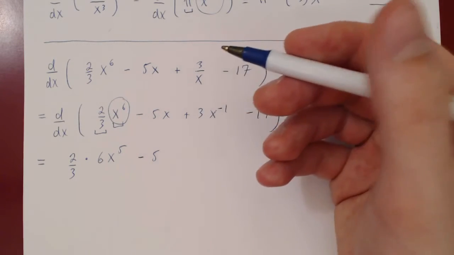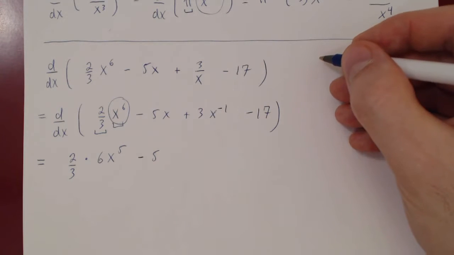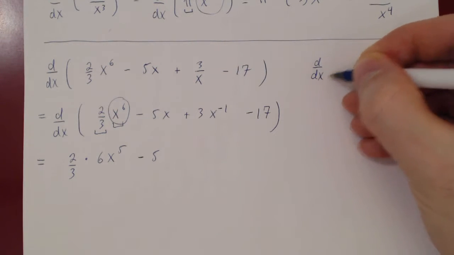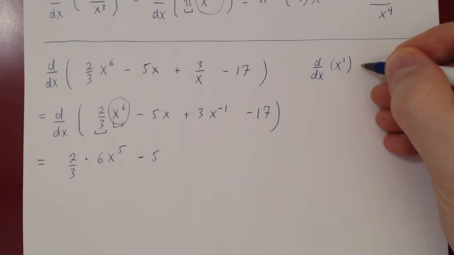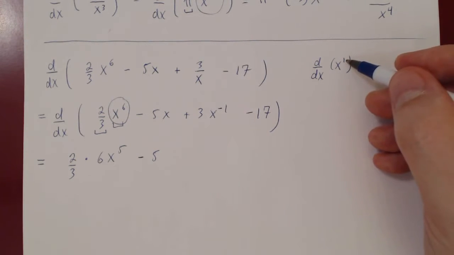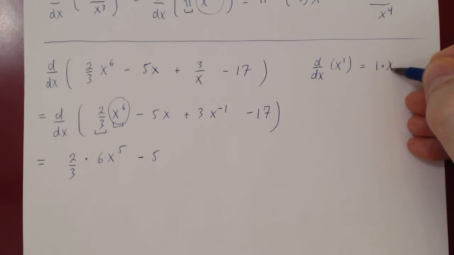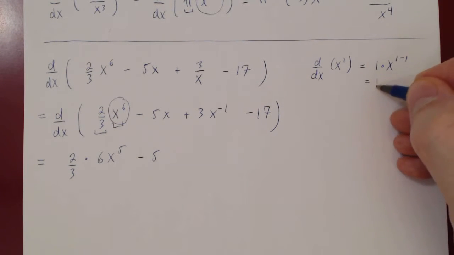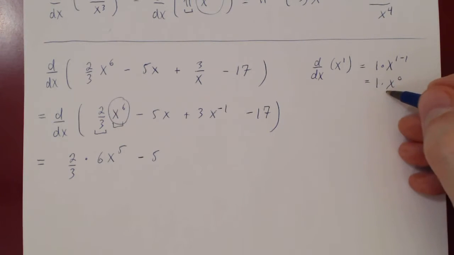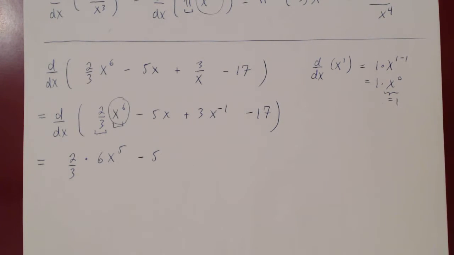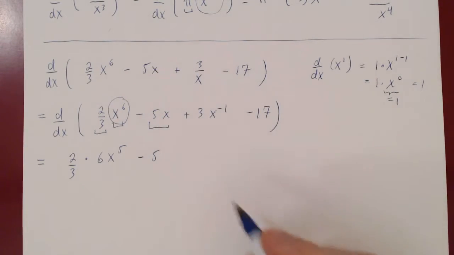If you think of it, you can think of it in two ways. If you think of the power rule, d over dx of x is x to the 1, well, you bring the power down, so you bring 1 down times x to the 1 minus 1, but that's just 1 times x to the 0, and x to the 0 is equal to 1. So all you have is 1 times 1, which is 1. Or you can think of it even in simpler terms. Y equals x is the line y equals x, so it has a slope of 1. So the derivative of x is just 1. That takes care of the second term, plus